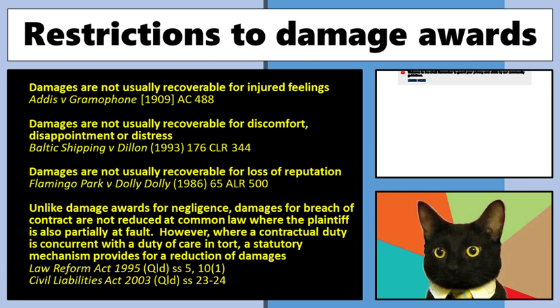However, there is one exception to that, and that is if, everyone know what that might be? One time where you can get compensated for discomfort, disappointment, or stress is when the purpose of the contract was to provide you with comfort, a holiday, or to de-stress you, and the breach actually caused you to be more stressed. So the example there, Baltic Shipping in Dillon, was a boat, a cruise ship that actually